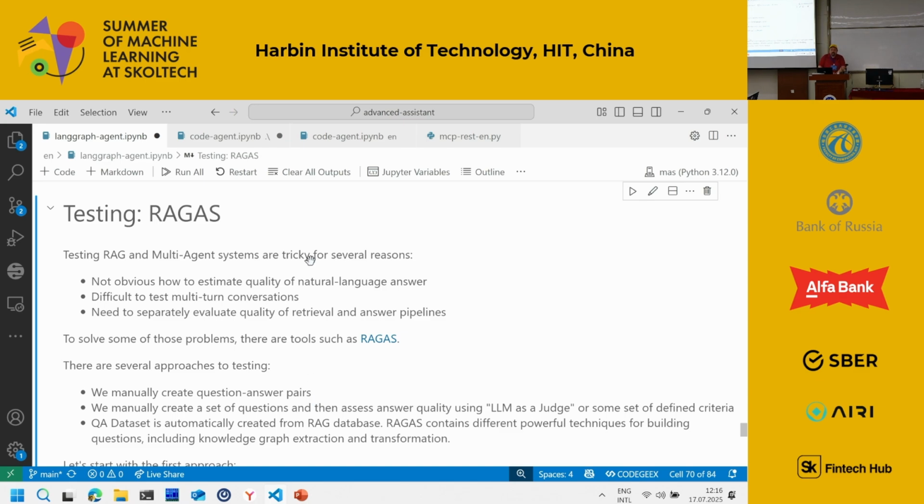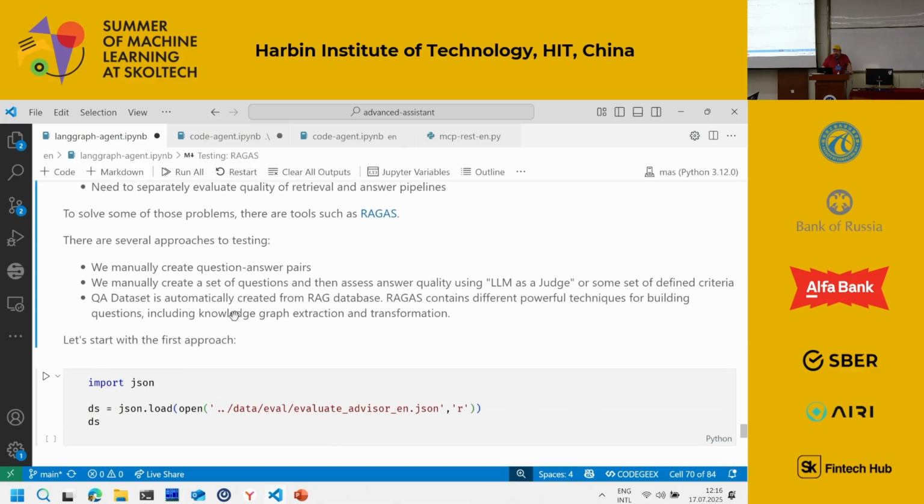So for testing LLMs, one more tricky thing is that for RAG systems, it's sometimes important to test retrieval separately. If the RAG gives you a bad answer, you need to know what the problem is. Is it a retrieval problem, where the good answer didn't make it to the retrieved chunks of content? Or is the LLM, which figures out the answer, problematic? For that, there is a special framework called RAGAS. It's not the only one, but it's a very convenient one to use. And I will show you an example.